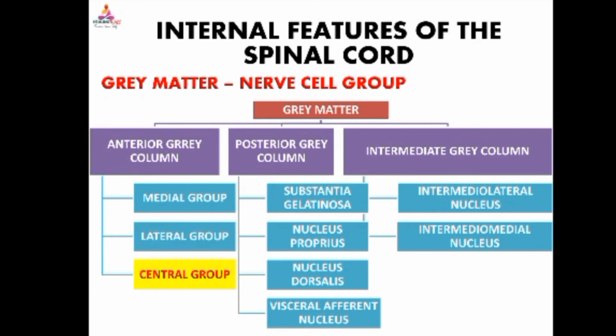Next is the central group. Form three definitive nuclei which are fairly localized. These are as follows: phrenic nucleus in the cervical region, extending from C3 to C5 segment and innervating the diaphragm. Next is the lumbosacral nucleus. In the lumbosacral region, extending from L2 to S3,